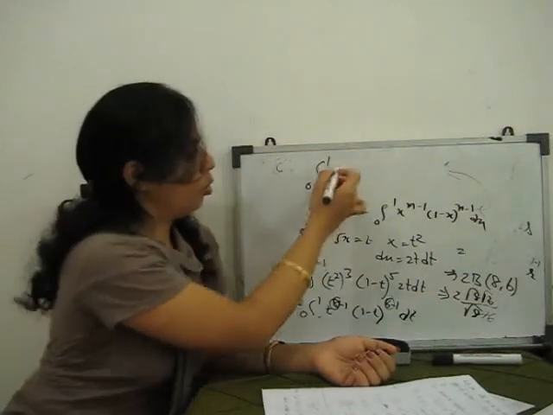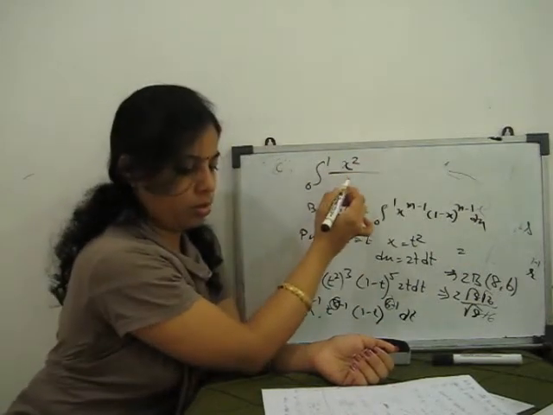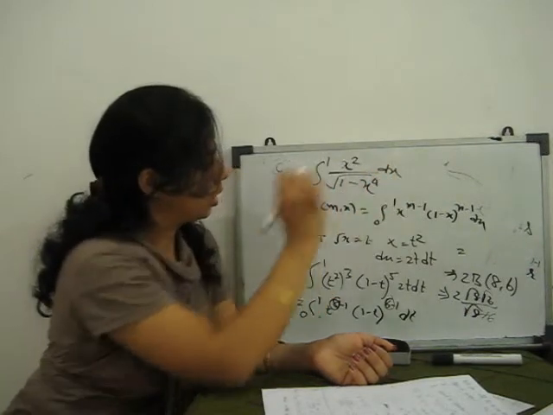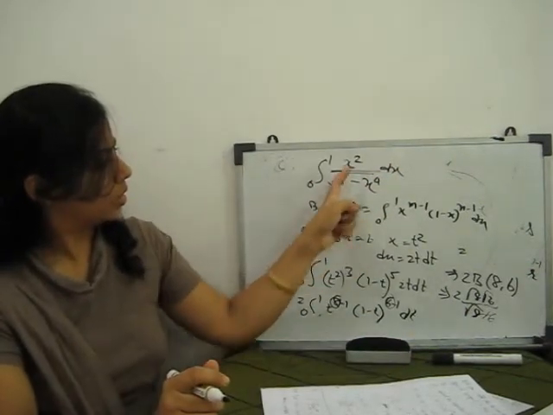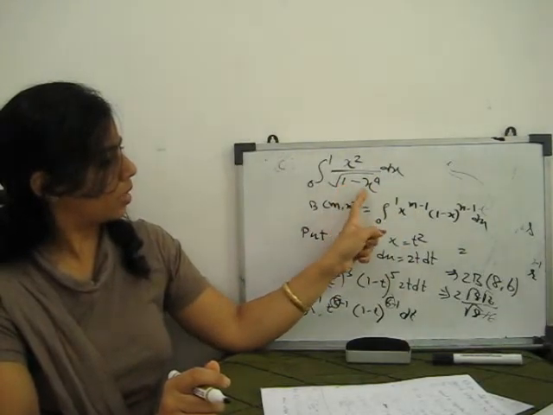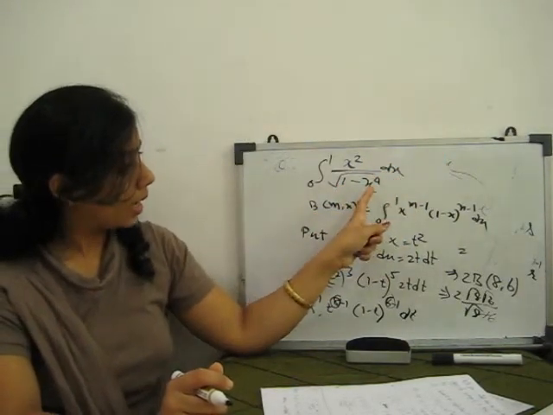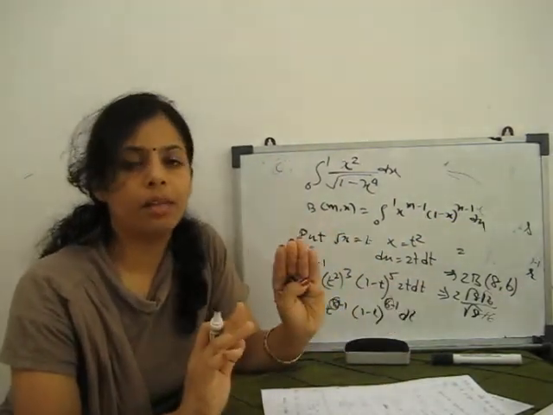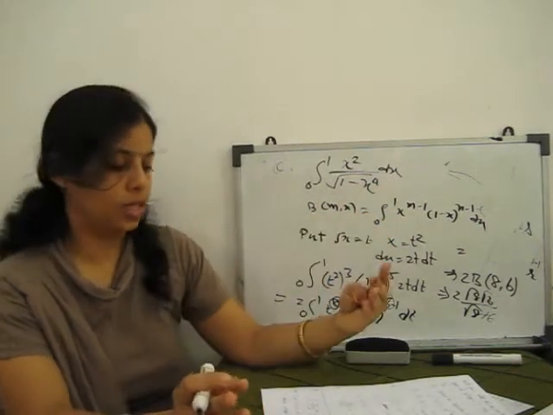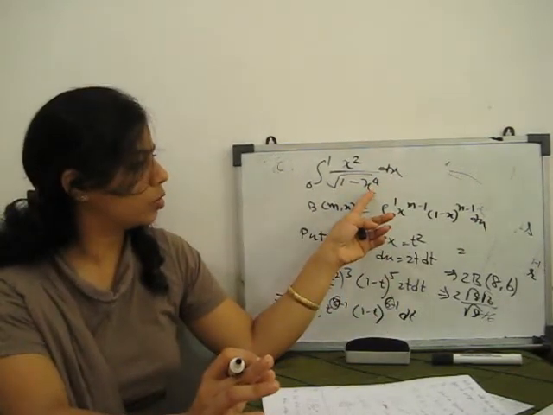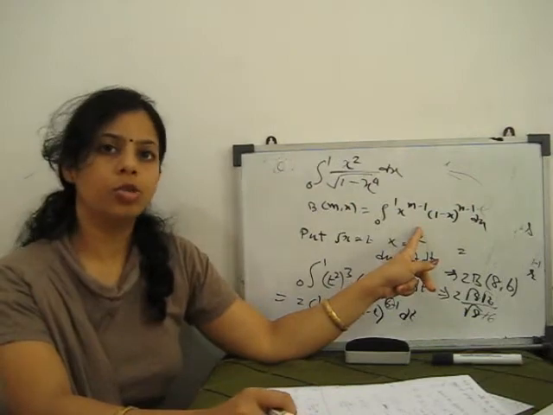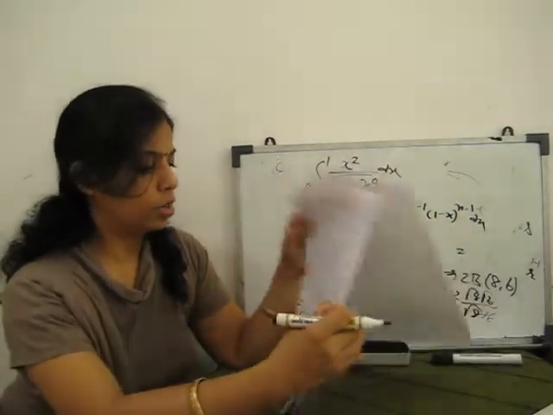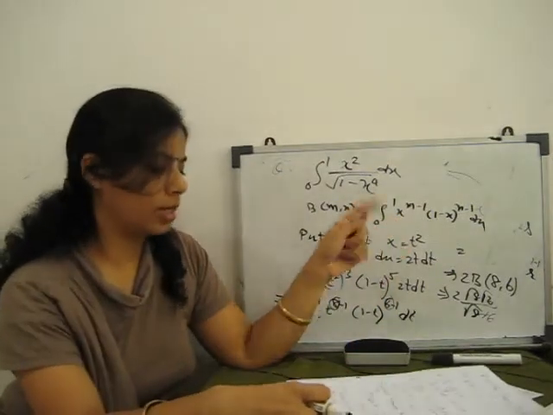Next, one more: x square upon root of 1 minus x to the power 4, dx. Again our beta integral is this, x to the power m minus 1, 1 minus x to the power n minus 1. Here x to the power 4, we need x. So what do we do? Yes, put x to the power 4 equal to t. When you substitute x to the power 4 equal to t, your integral reduces to beta form. Clear? So this is how we reduce the integral. You compare with the beta function and then you solve.